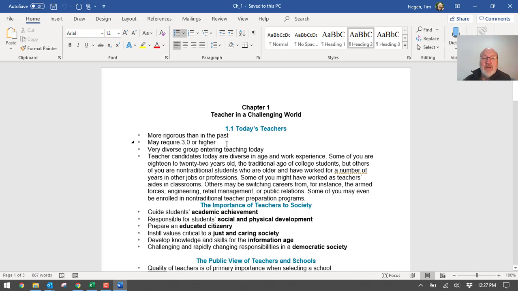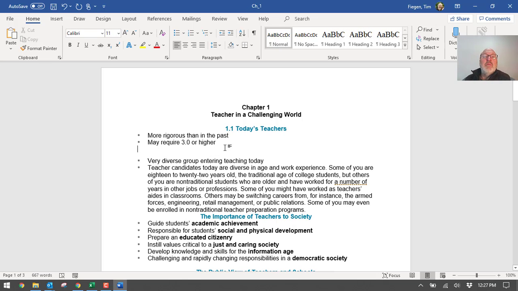You can put your answer out here, or you can move it down, or whatever. But you respond here, and then you turn it red. Anything that's your inputs, you turn red, so I can quickly find them. You have to look this one up. It's not in the book or anything. What is the GPA requirement to be in the College of Ed at DSU? You have to look that up.